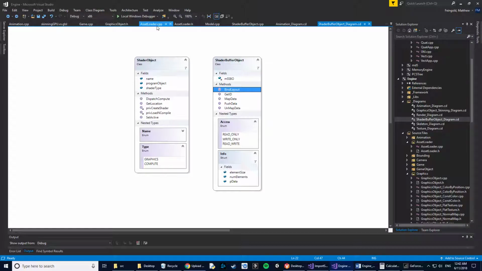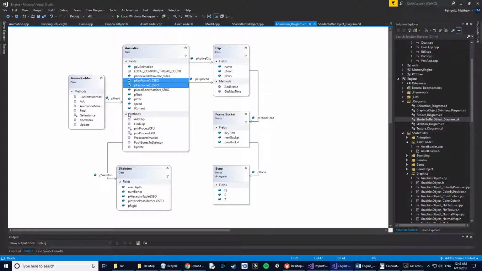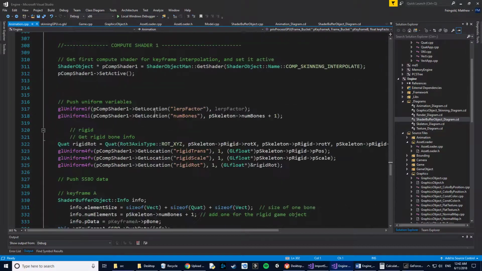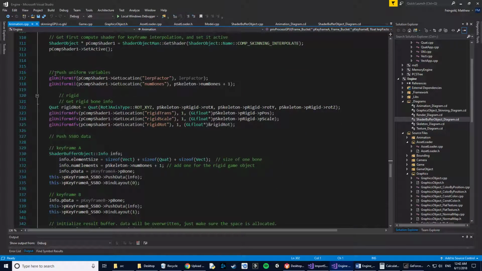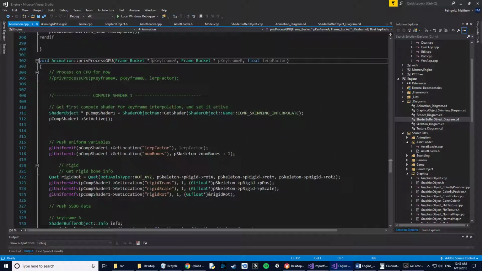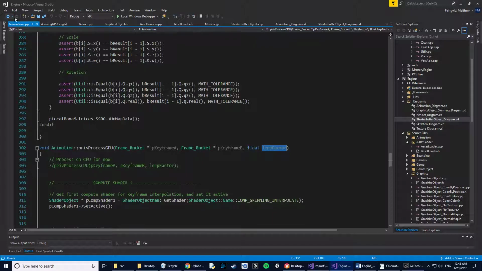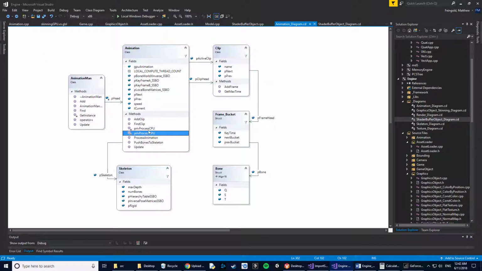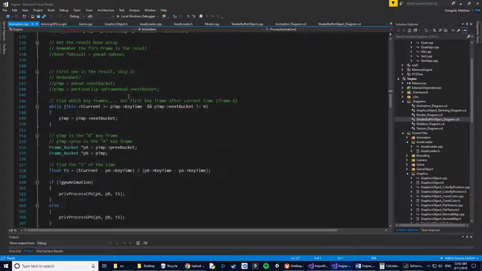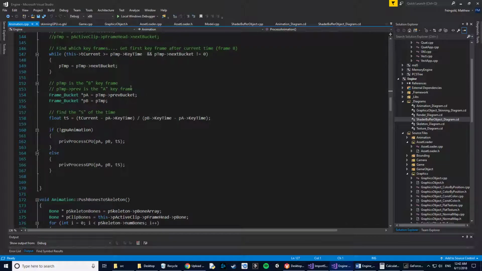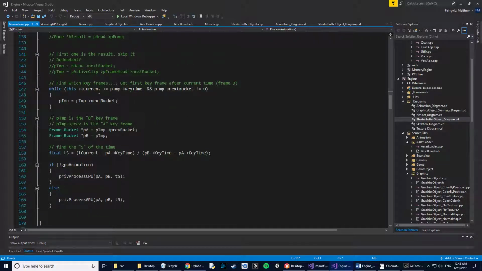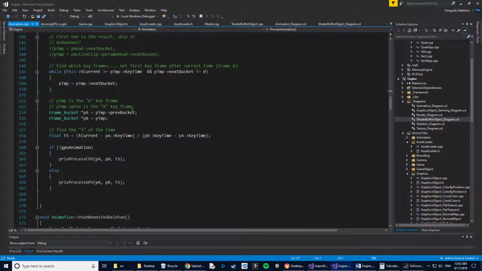Anyway, so in my animation update, we can take a quick look at this. I'm passing in the two keyframes and the interpolation factor, because in my process animation function I do my loop to find the two keyframes that I want, because I don't really want the compute shader